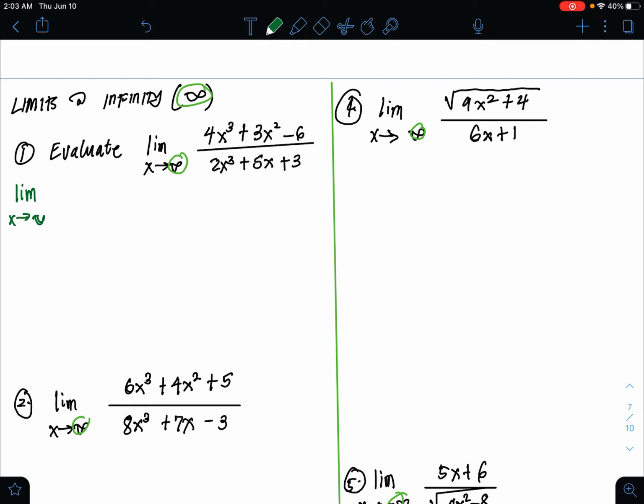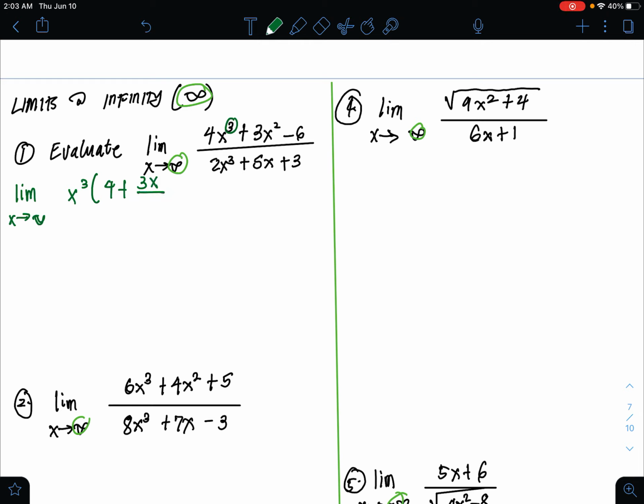Here we can see that 3 is the highest exponent, therefore we factor it out. Then what happens here is that 3 becomes, so what do we need to get x squared? So it should be 3x